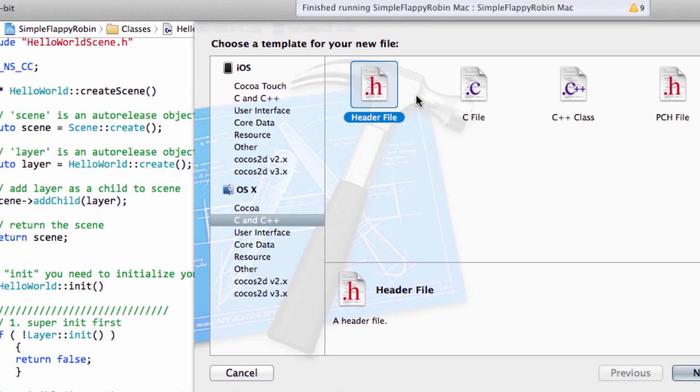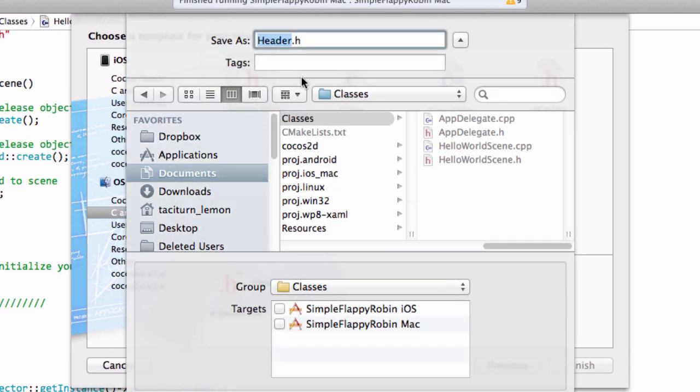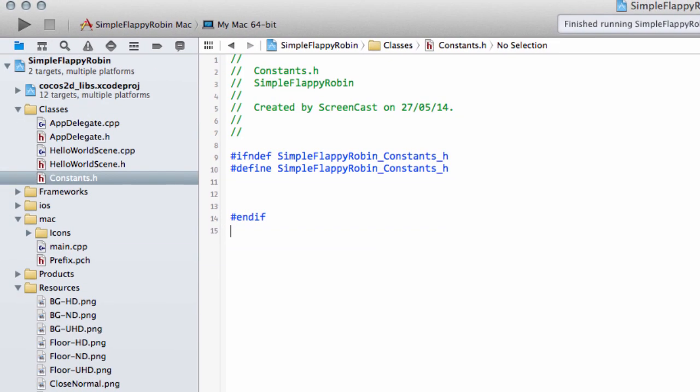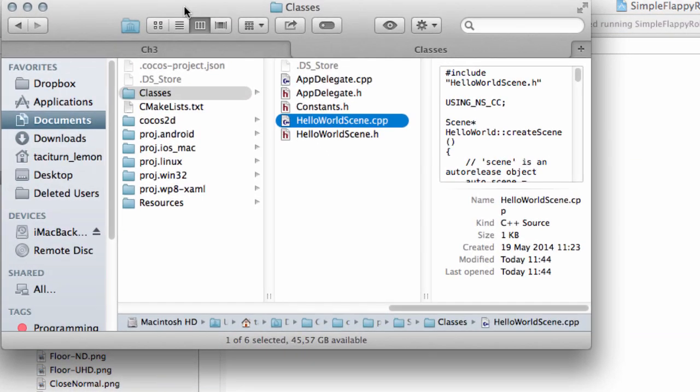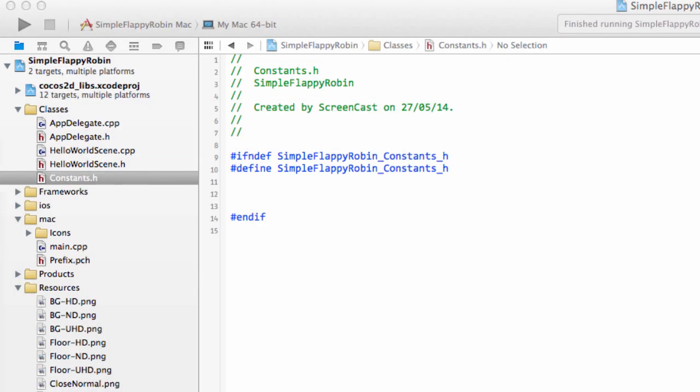I'm going to add a header file to the project and I'm going to call this constants.h. And the main thing with this file, irrespective of which IDE you have, is that inside your project folder, inside the classes section here, you have your constants.h. And without further ado, inside the constants.h we're just going to start defining the stuff we're going to use. So far we have kZIndexBG, for background,